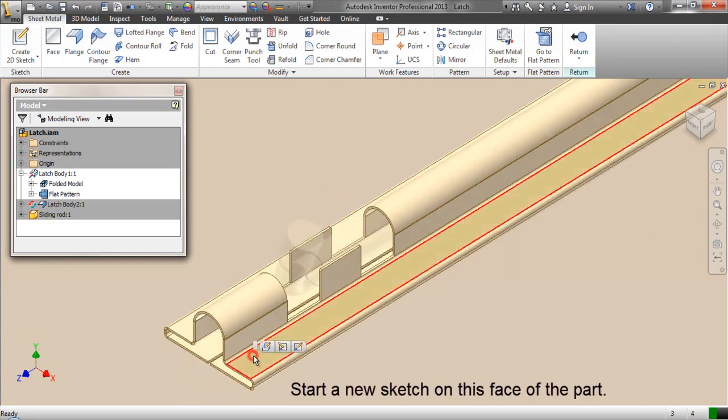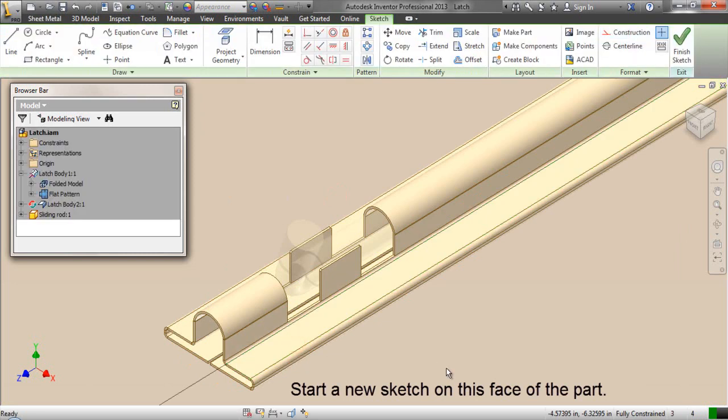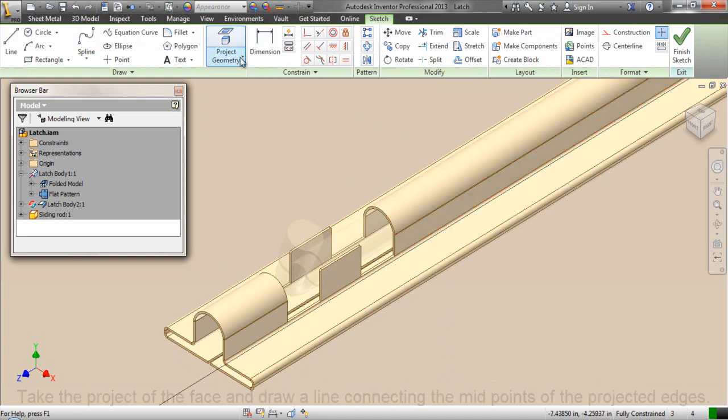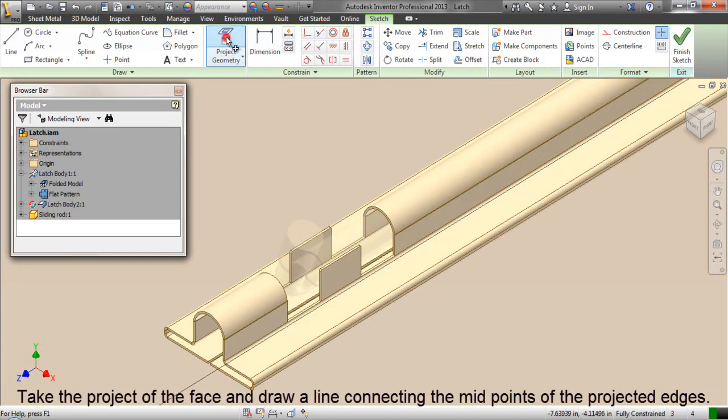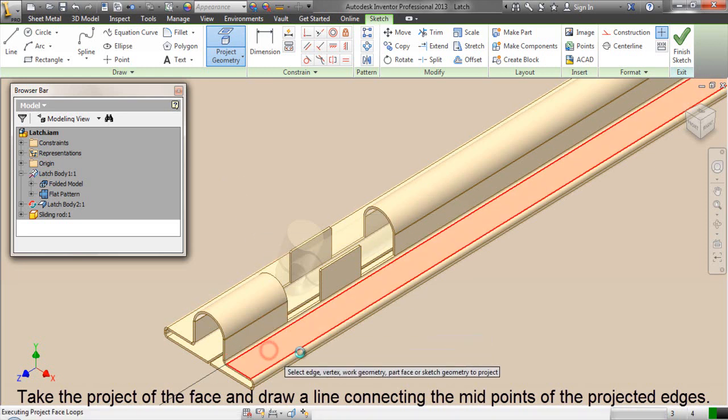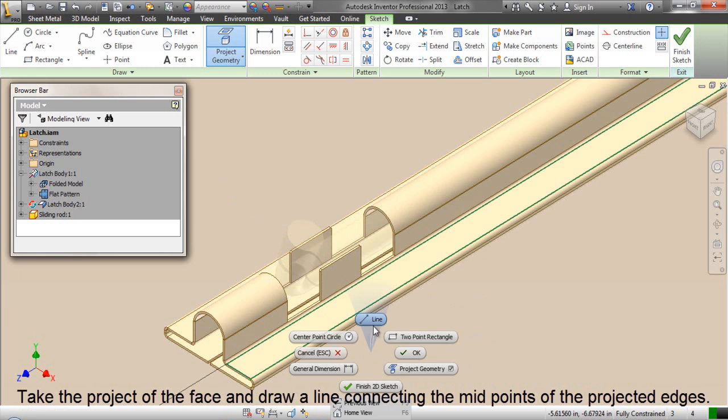Start a new sketch on this face of the part. Take the project of the face and draw a line connecting the midpoints of the projected edges.